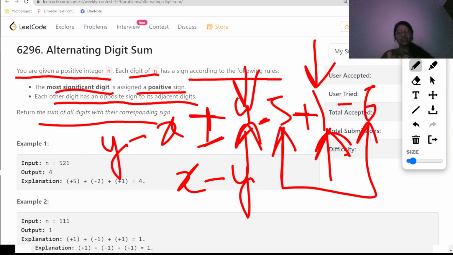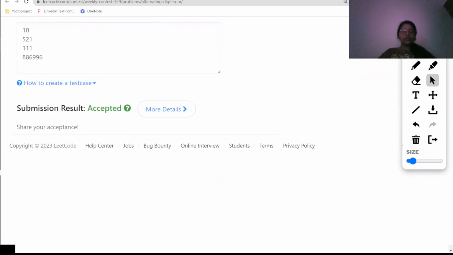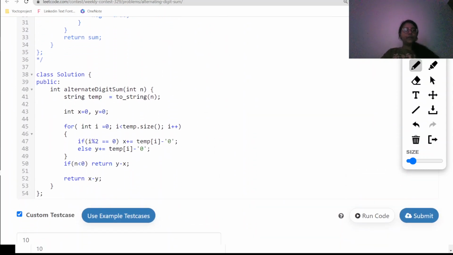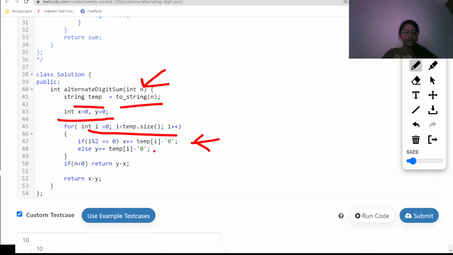Now it just remains to do the implementation for the same. So let us go ahead with the implementation part. Whatever input is given to us, I'm taking that and converting it to a string, then taking two variables where I will store both the sets of numbers. So now first traversing my string and then adding up all the alternates to one set and the other alternates